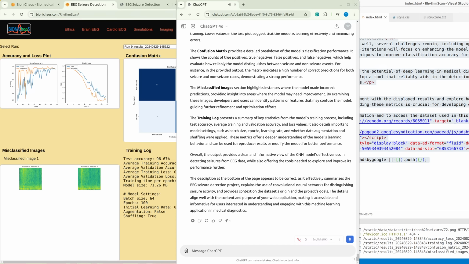The confusion matrix provides a detailed breakdown of the model's classification performance. It shows the counts of true positives, true negatives, false positives, and false negatives, which help evaluate how reliably the model distinguishes between seizure and non-seizure events. For instance, in the provided output, the matrix indicates a high number of correct predictions for both seizure and non-seizure cases,